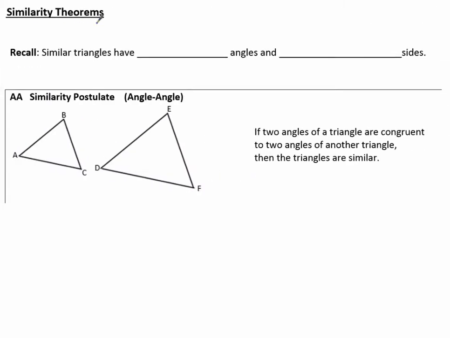Similarity theorems. Recall that similar triangles have congruent angles and proportional sides. However, we don't have to know all of this information to know that our triangles are similar. There are some shortcuts. In fact, there are 3 postulates or theorems that help us with these shortcuts. The AA similarity postulate,